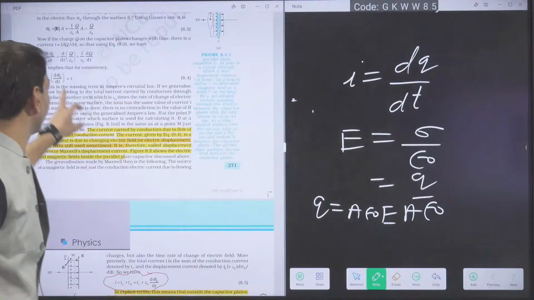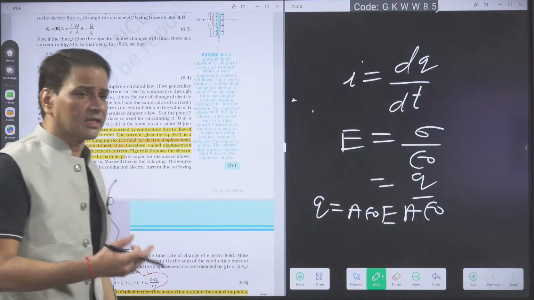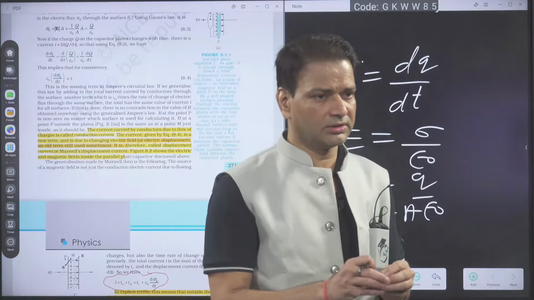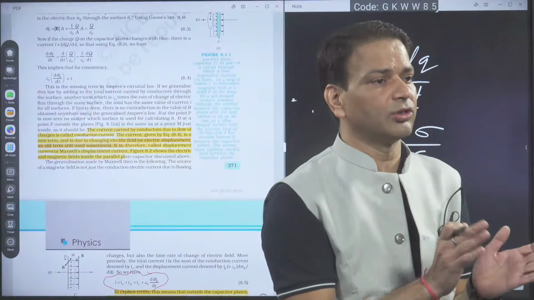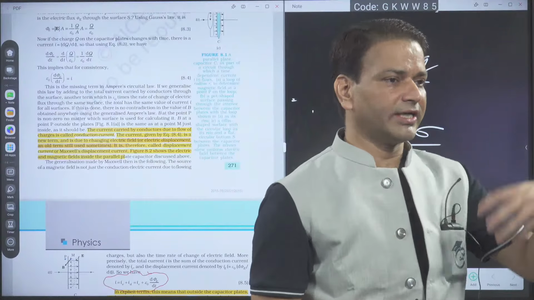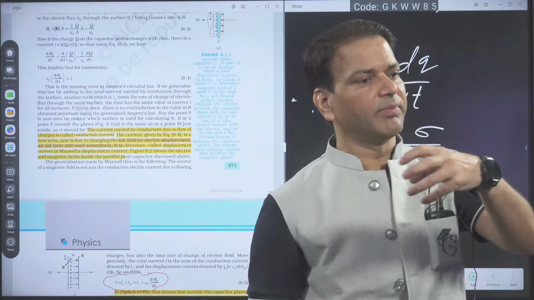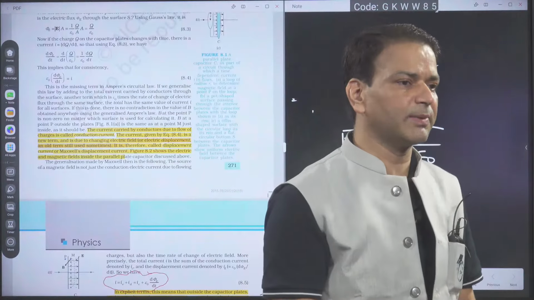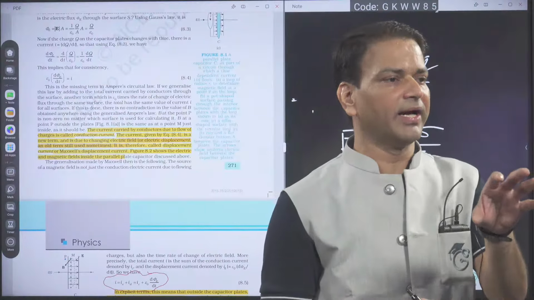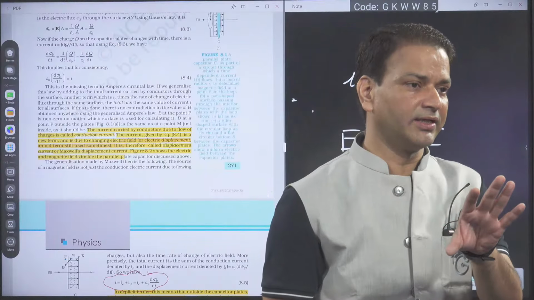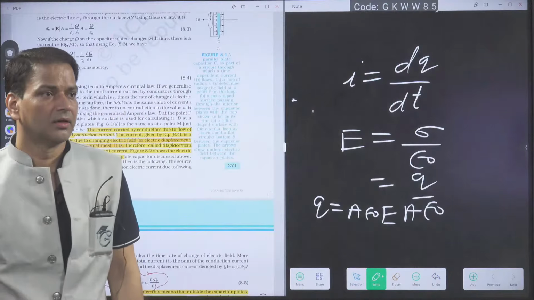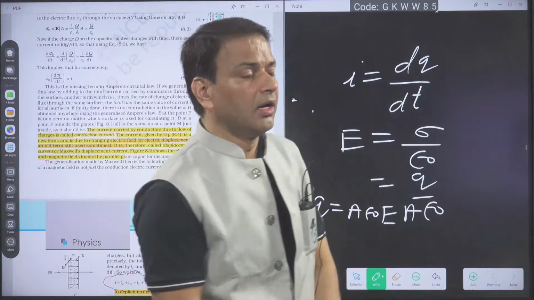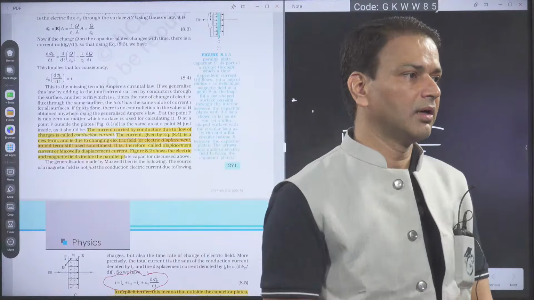So this is one of the formulas of the displacement current. Another formula: I is equal to dq by dt, and Q is equal to CV between the plates of the capacitor. So what is the dq by dt? I will get C into dV by dt. So that is another formula of the displacement current, C into dV by dt. This everybody got? Up to this okay?